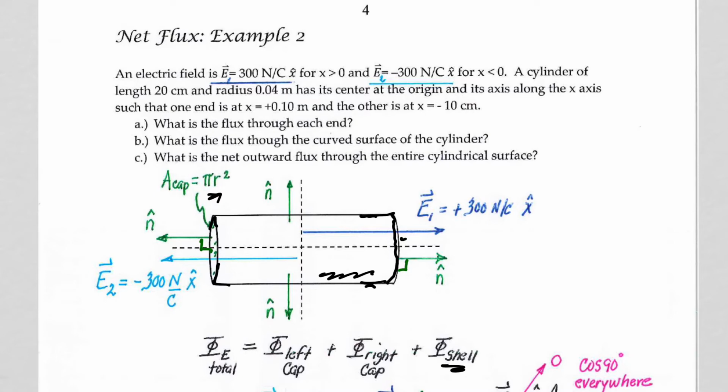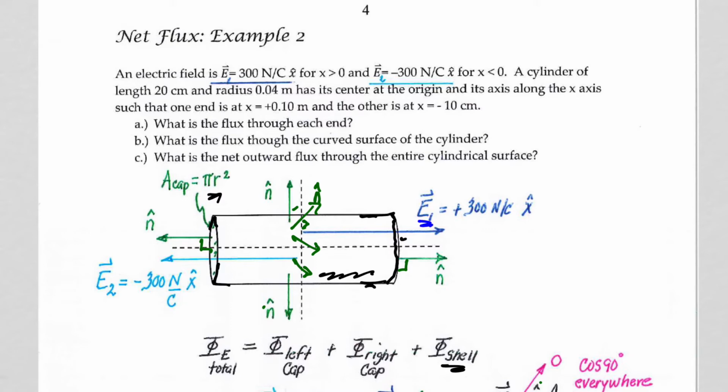Now the n-hats for the shell, I just have two representative n-hats drawn in here, one towards the top and one towards the bottom, but really that shell is three-dimensional. It's curved, so we would have n-hats all around here, kind of like spokes on a bicycle wheel. And all of these n-hats will be perpendicular to this blue E vector that we have drawn in here, this